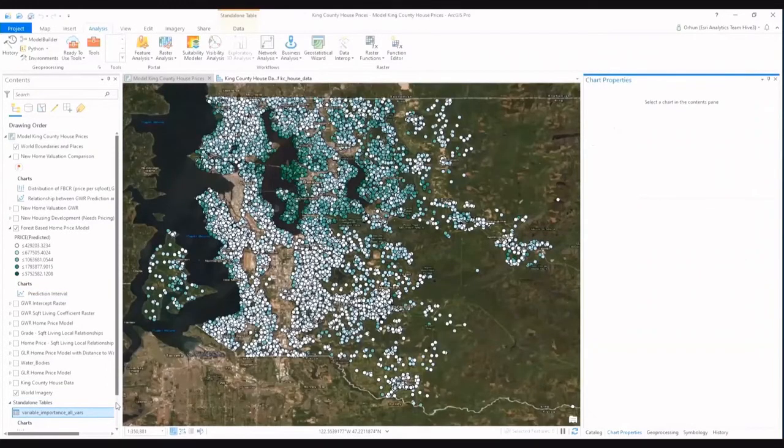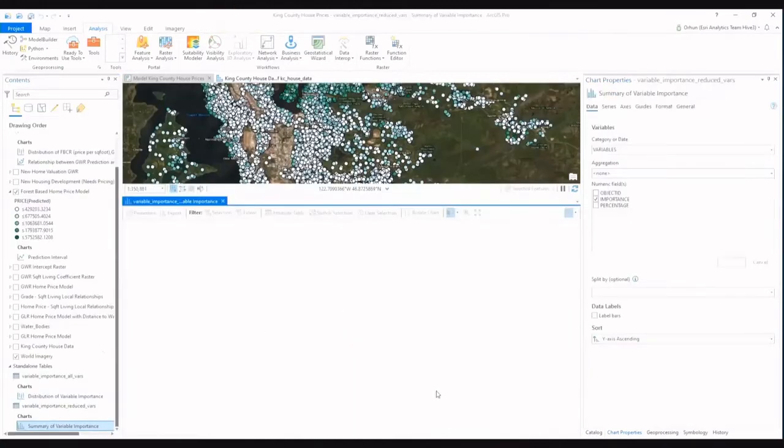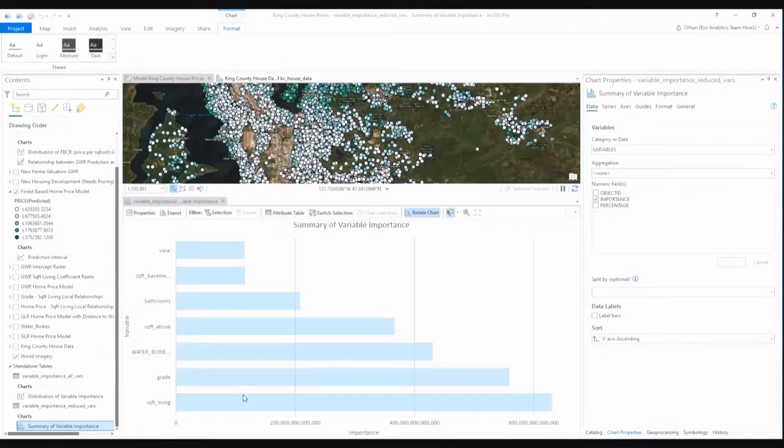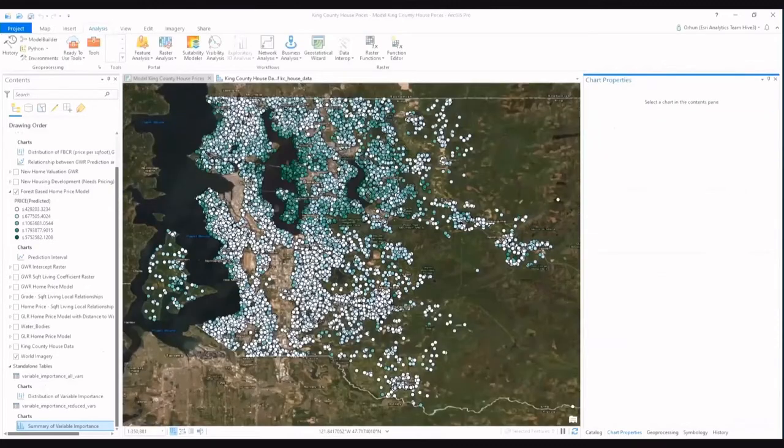The variable importance plot summarizes the importance of every predictor variable in understanding the house price. Here we see that square footage of living is the most impactful variable in determining the house price. So is the condition of the house and distance to water bodies. And the output of this tool enables you to understand relative importance of every explanatory variable on the variable that you're predicting. Random forest is just one example of a very rich tool set for performing regression.